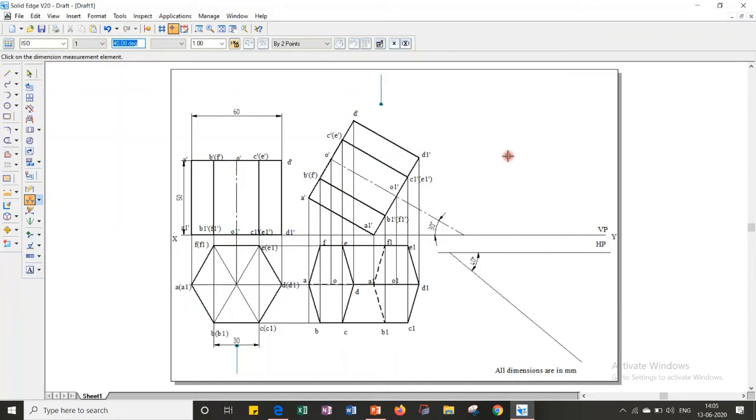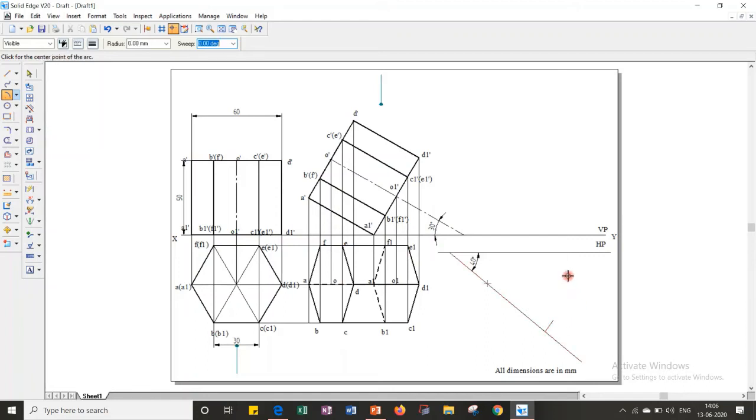After this, as I told you, in this problem you have to consider apparent inclination, because the same locus is inclined to HP at 30 degrees and the same locus we have to rotate with respect to VP also by 40 degrees. In such cases we have to find out the apparent inclination before you place this object. To find the apparent inclination, first consider the actual height of the object. Actual height is 50 mm. So cut one arc of radius 50 mm. You have to consider the actual height first.